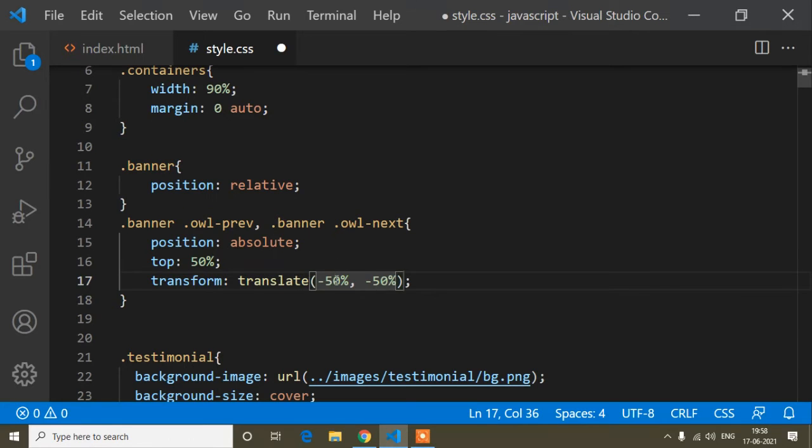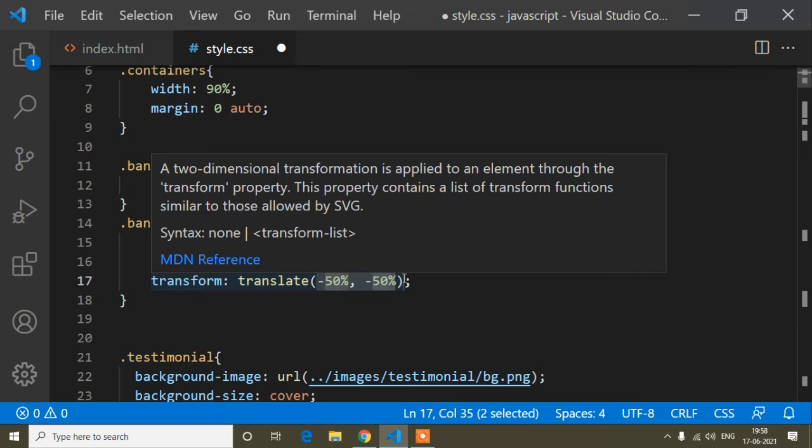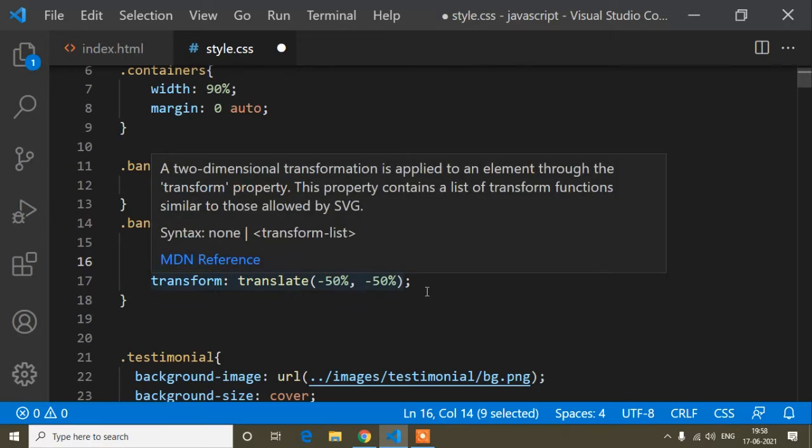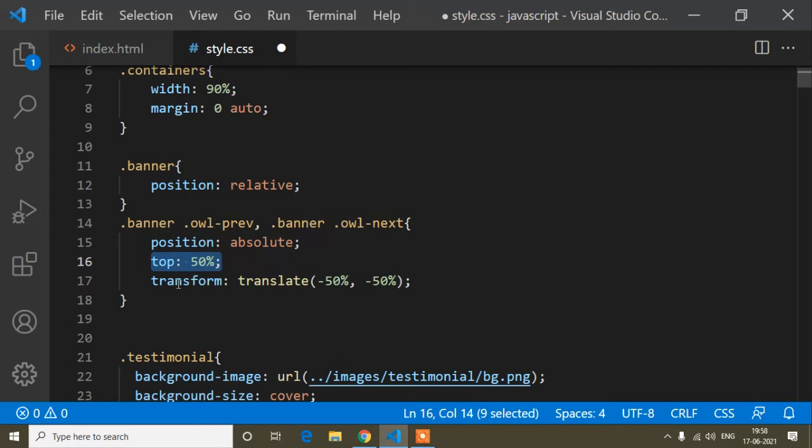That means from top and bottom it will be minus 50%, and left and right it will be minus 50%. This CSS property is actually done for centering the button, for making it centered. So this one is done.